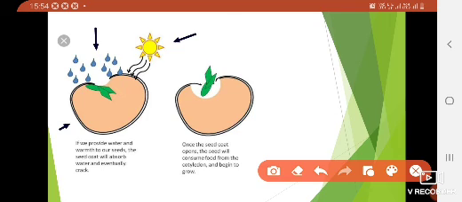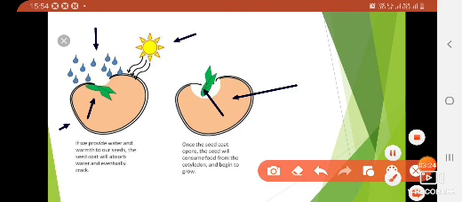And then what happens? This dormant embryo will develop into the plumule and radicle. Once the seed coat opens, the seed will consume food from the cotyledon and begin to grow. And this is the cotyledon. The cotyledon is the internal part of the seed that provides nutrition to the root and shoot, the future root and future shoot. It is also a very important part because initially food is provided only by the cotyledon.